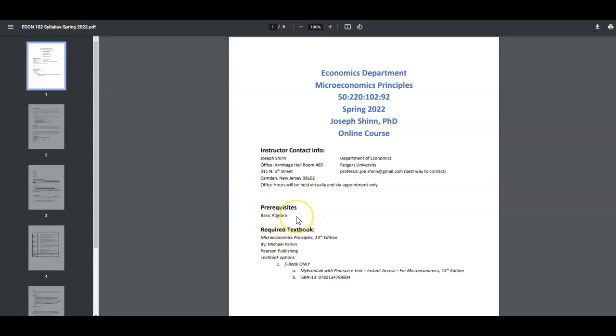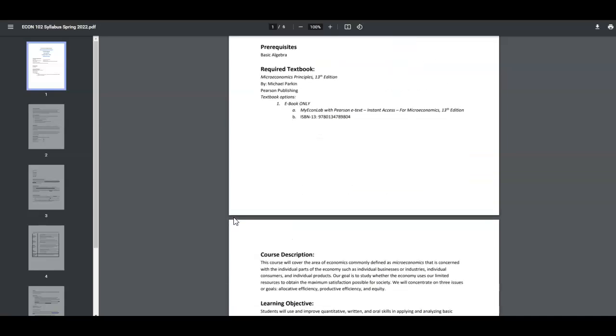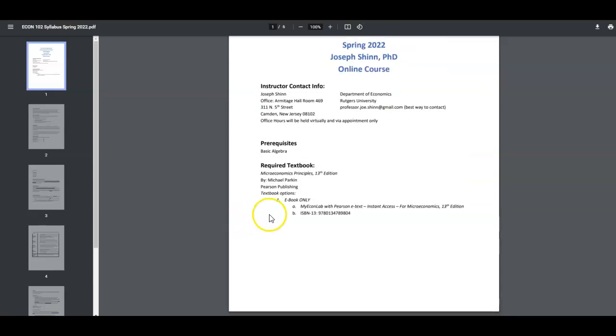Prerequisites is basic algebra. The required textbook is Microeconomic Principles, 13th edition by Michael Parkin. You can get the textbook either as a hard copy or as an ebook only. Either way, you will need to get access through MyEconLab, which I'll talk about more in a minute.